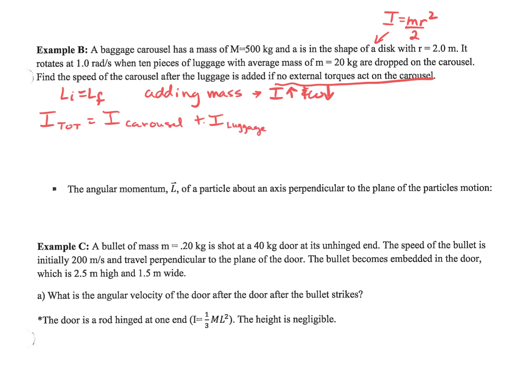Luggage is a point mass, so the inertia of the luggage is just mr squared. So there are 10 of those. The inertia for the carousel is going to be the mass of the carousel, 500, times the radius of the carousel, 2 squared, divided by 2, plus 10 pieces of luggage